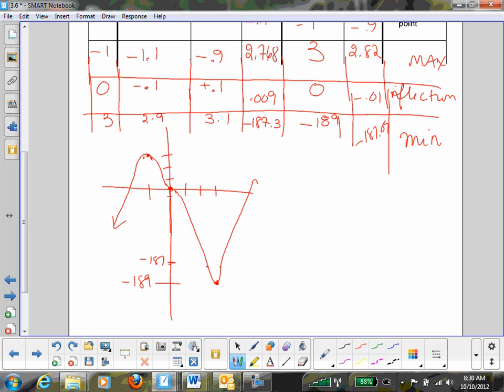Who says it was absolute? But look at your tail, Larissa. Remember, who said this? Maybe you did. If it's even, you're going to have absolutes. If it's odd, you're going to have relatives, aren't you? Because your tails continue to go in either direction. So these are both relative,